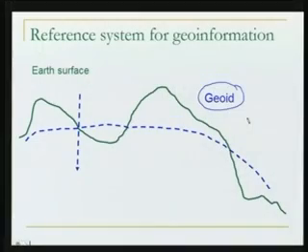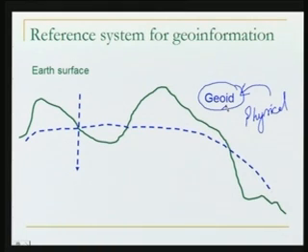Can you think of a physical surface which is also a geoid? Any surface which is physically available to us and which we can say has a property of being equipotential. Well, that surface is the water body, isn't it? The surface of the water body is in such a way that everywhere the surface of the water is perpendicular to the direction of gravity. So this is a natural equipotential surface, or we can say a natural geoid.